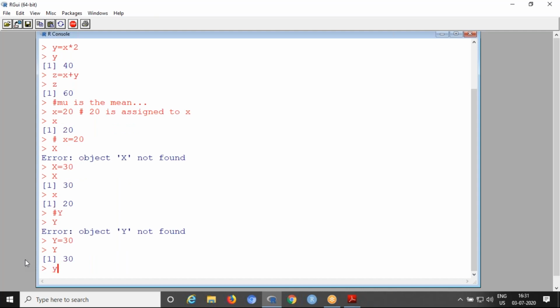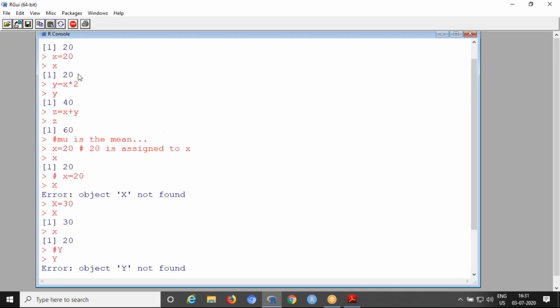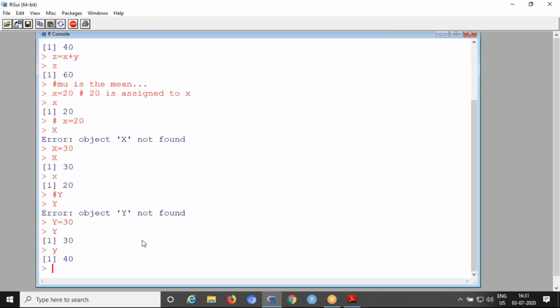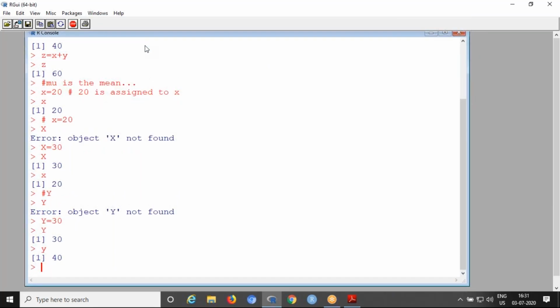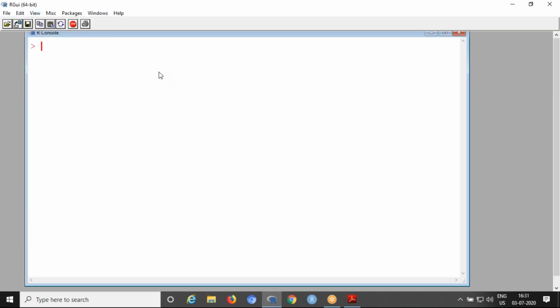If you use small y, what does it display? The recent value of small y, which you can see is x into 2, 20 into 2, 40. So that value is displayed here. So like that, capital and lowercase letters are both different. So R is case sensitive.